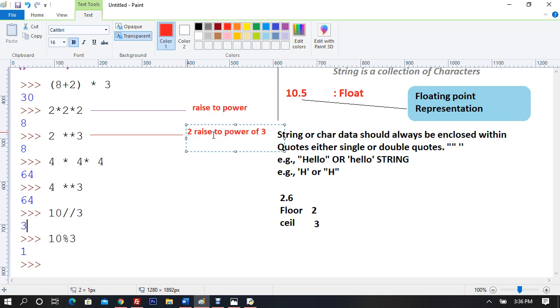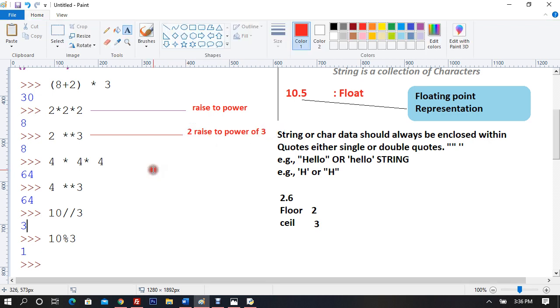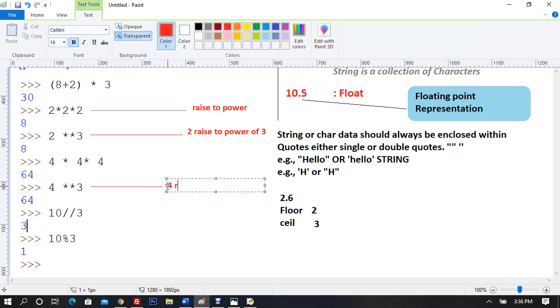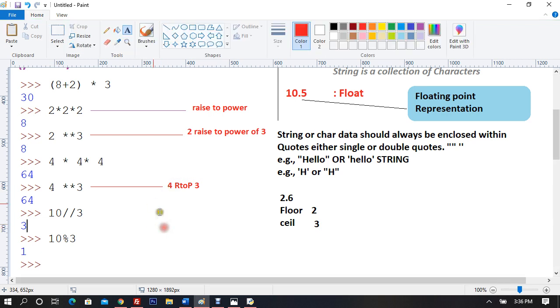And this is 4 raised to power 3 in short. So I'll say raised to power, which is going to be 4 raised to power 3. And as I said, this is called floor division.